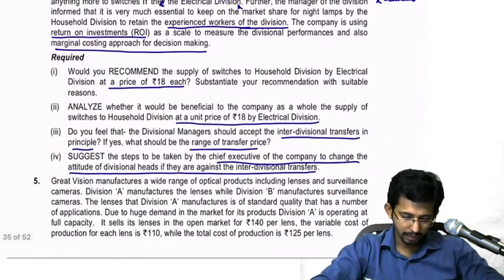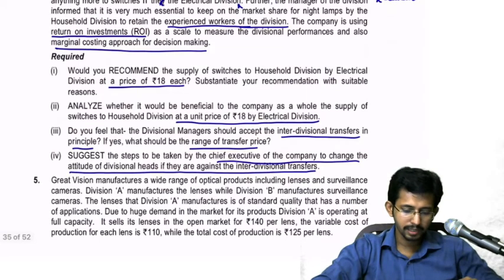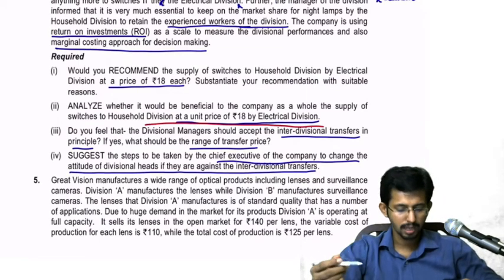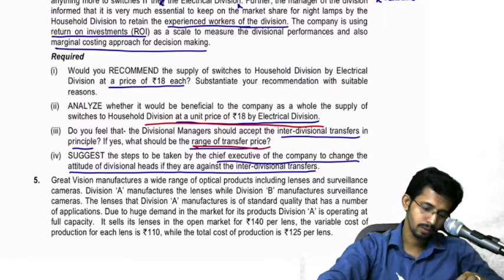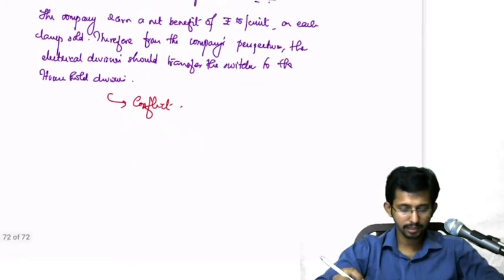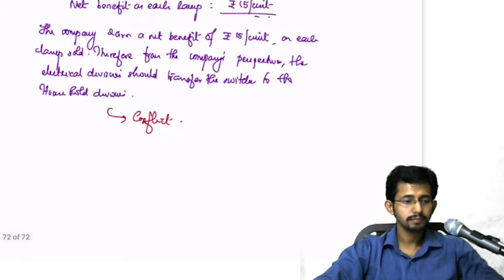Now what you have to do is analyze whether it would be beneficial to the company as a whole to supply its switches to the household division at a unit price of 18 by the electrical division. Do you feel that the divisional manager should accept the interdivisional transfers in principle? If yes, what should be the range of transfer price? Okay, so please write,